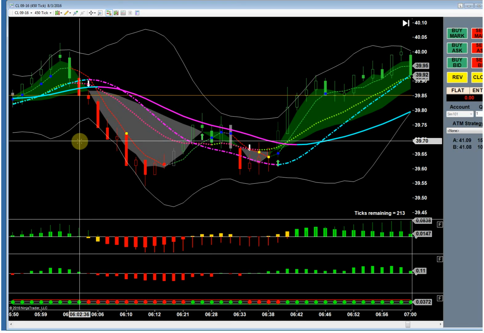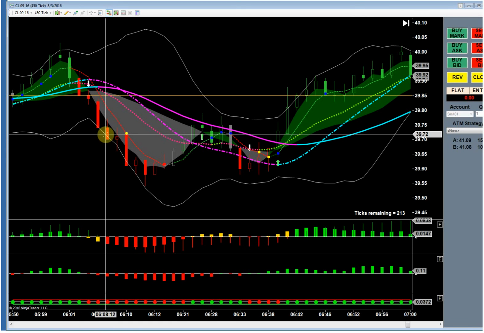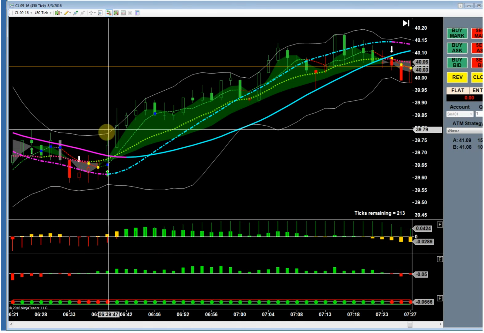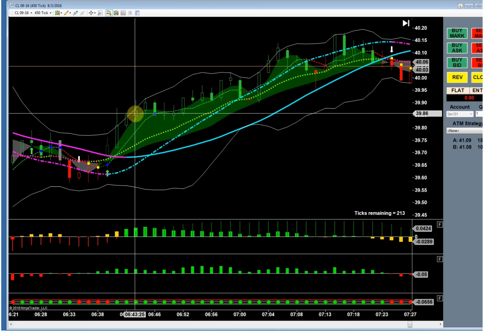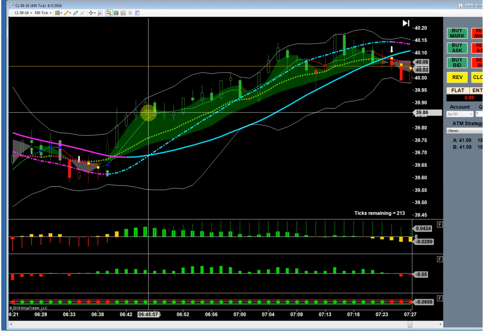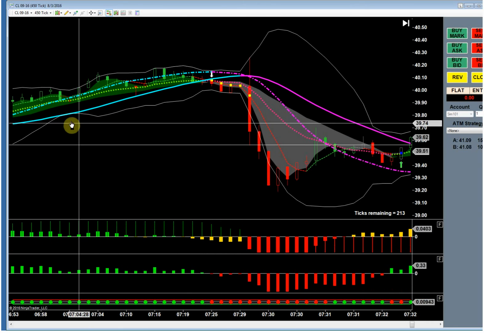You got to be a little careful. This one here is right off the opening. Short here at 39.72. So 72, we need 62, and there's 54. Here's a long here, matching dynamic trend bands on the crossover. 86, we're going to need 96. Here's 97 right there. So it's very smooth with that crude oil.